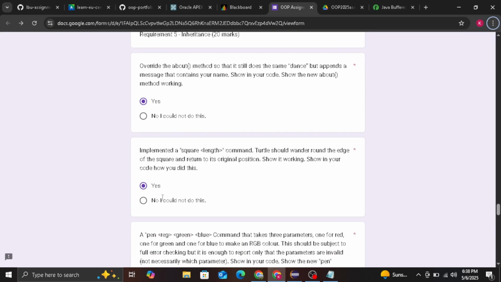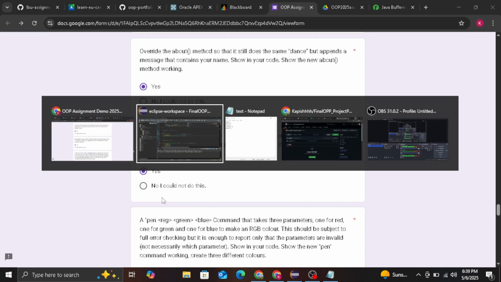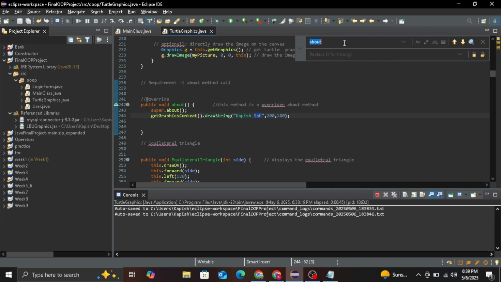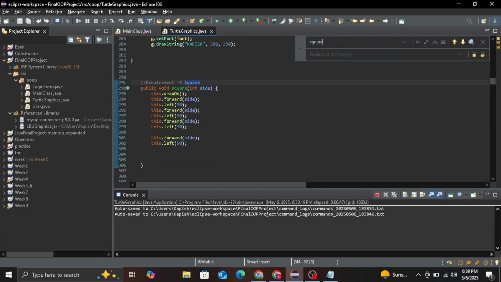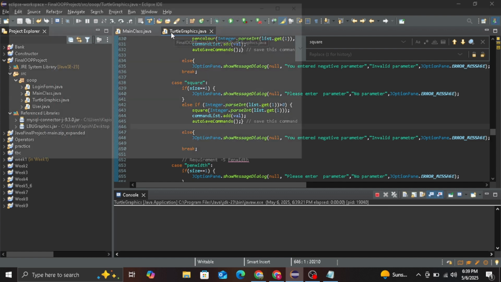Implement a square command. The turtle should wander round the edge of the square and return to its original position. So show the command working. So in your code, how did you do this? So let's move to the square command part. I've used it here: public void square, for different sizes and sides. And in the switch case, I've used it here. So if we run the command in the turtle panel,